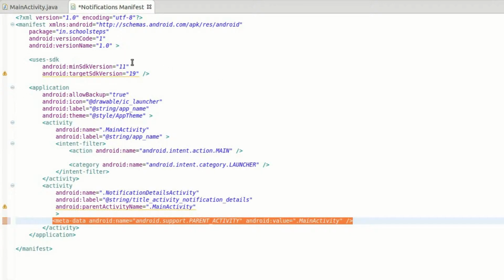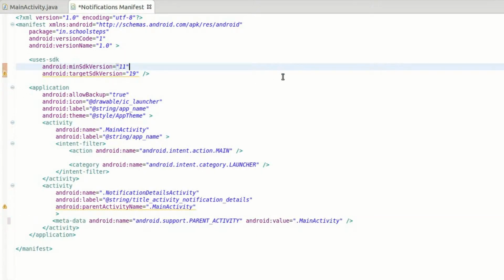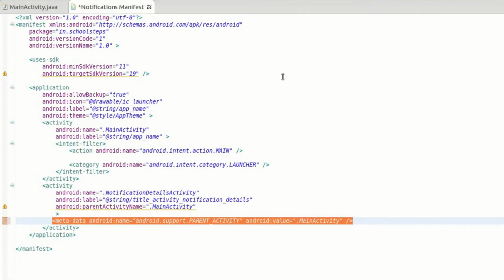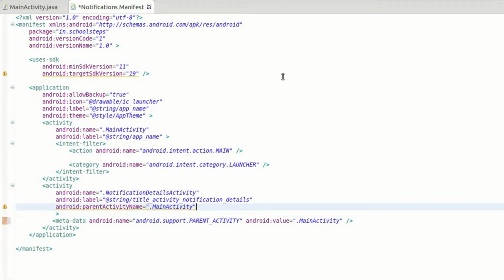If you remember, our minimum API level is 11. You can see it in this particular line. And if your API level is 16 or above, this particular attribute will work. So briefly, this takes care of the APIs which are below 16 and this attribute takes care of the APIs which are 16 and above.